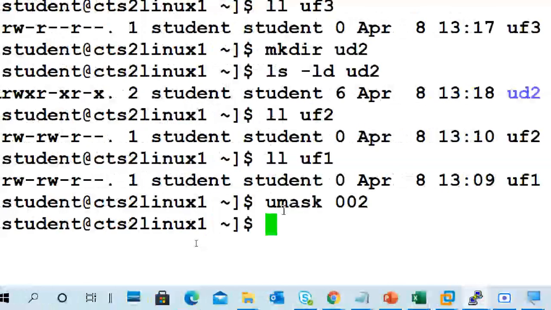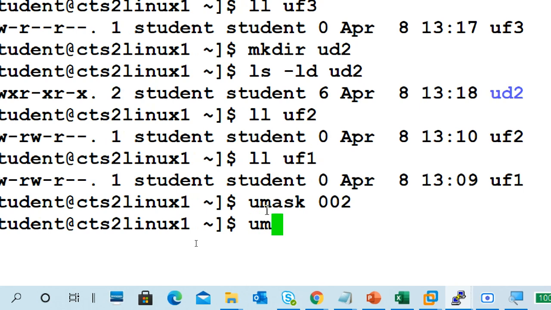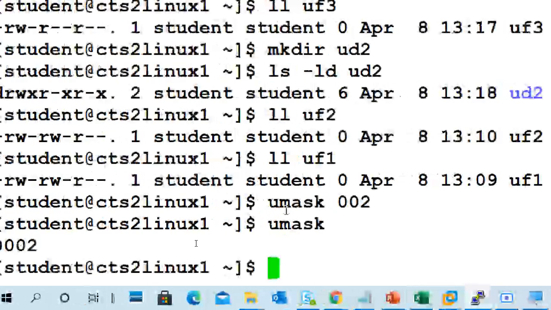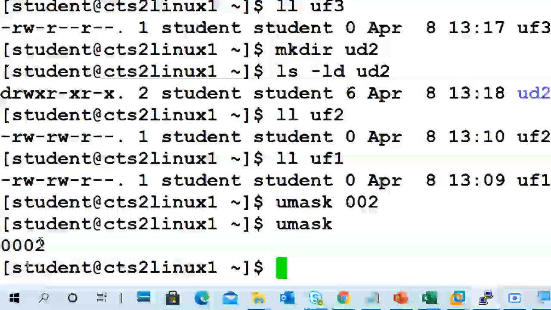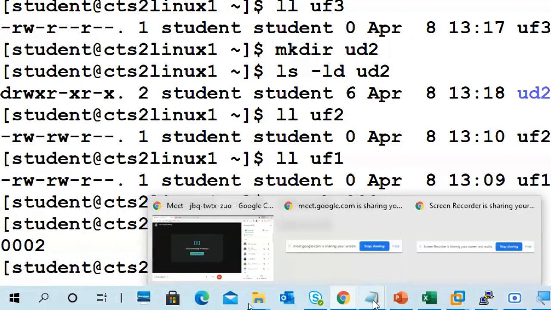If you change it badly, then it becomes worse, like 222 or 422. If you give umask value 777 or 666, there are no permissions at all. If you give umask 777, no one is getting any permissions, so what is the use of that? Better verify it also, and change back to the default value. Okay, so this is about your umask value.